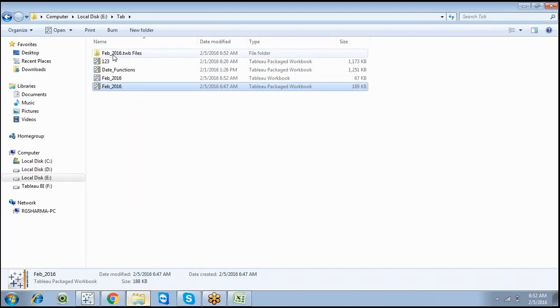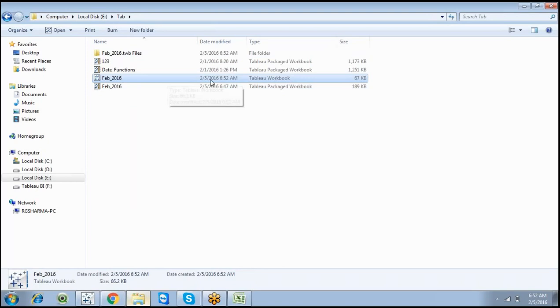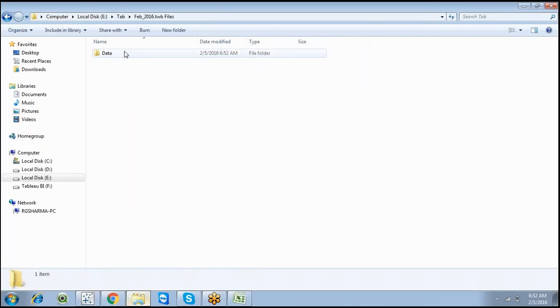So now you can see February related information. It's a workbook, the February 2016 Tableau workbook, and double click on the February related data. Now you can see Feb underscore 2016 Tableau extract. So before, when I created an extract file and saved this particular .tde file, I saved it as February 2016.